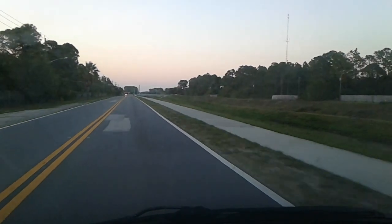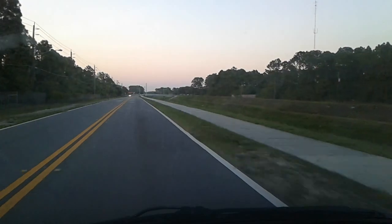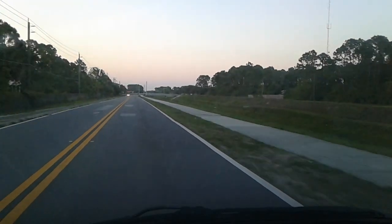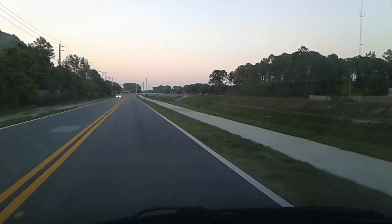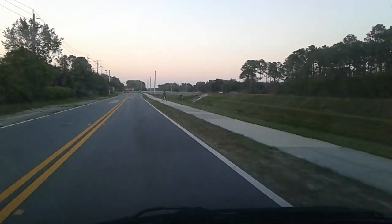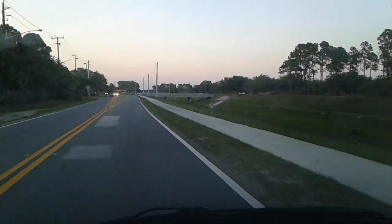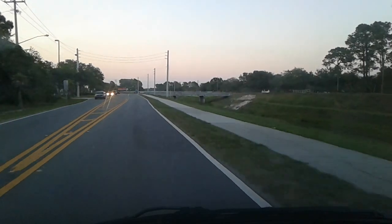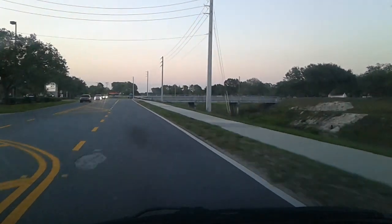I think I'm gonna stop by Planet Fitness and jump in the shower. There's a Planet Fitness just right up ahead here. Maybe I'll show where it is for those of you who are not that familiar with this area, but I don't even know what road this is that we're on. I think this is Minton. Let's see, is this Minton? Yeah. This is Minton after it crosses